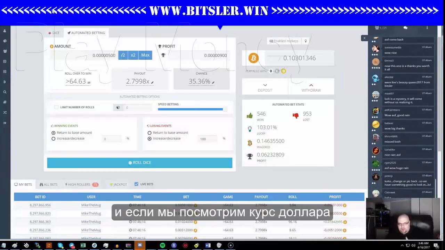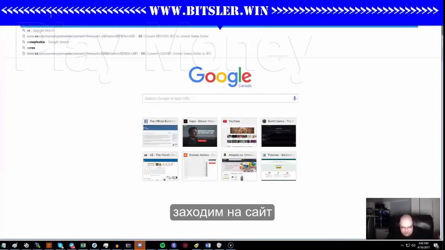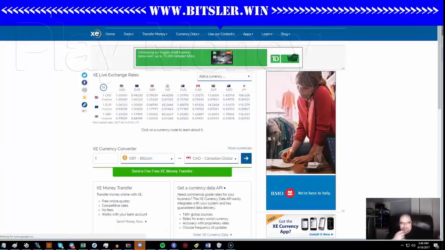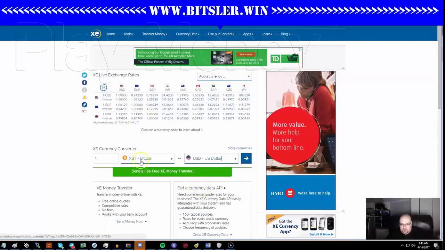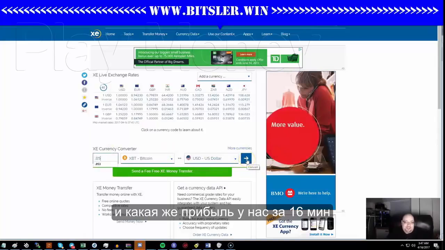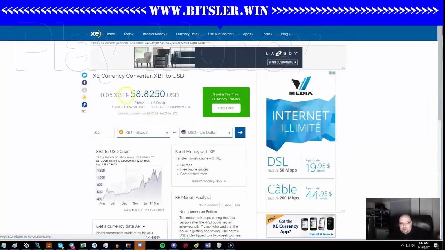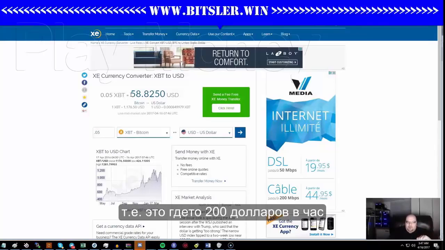Profit. Okay, so let's see how much that is, guys. Let's zoom in here. So if we go to xe.com, and we'll do Bitcoin to American dollar. So 0.05. And we'll find out how much that is profit. How much money did we make in 16 minutes, okay? There you go. Round it off, $60, okay? $60 in 16 minutes. There you have it, okay? So if you were to say, well, I'm going to multiply that and do that